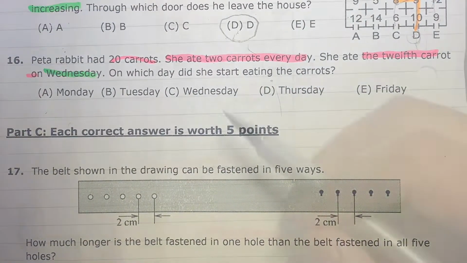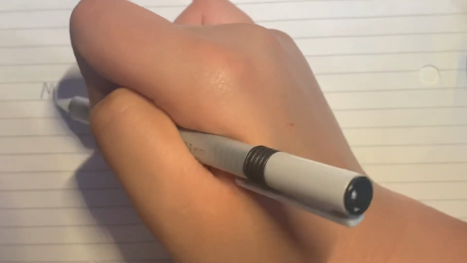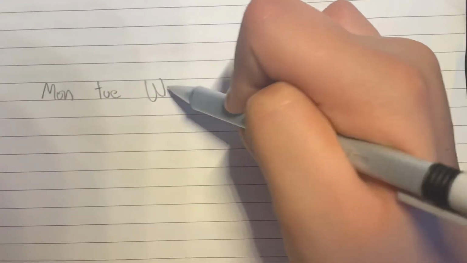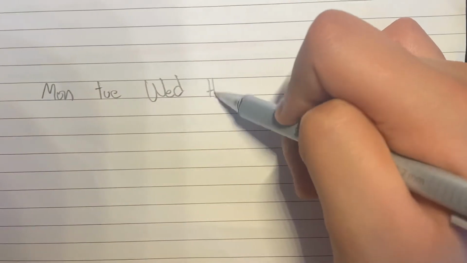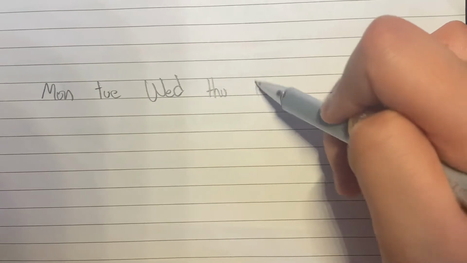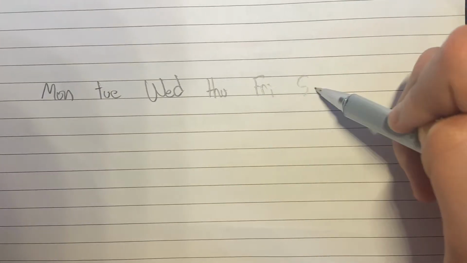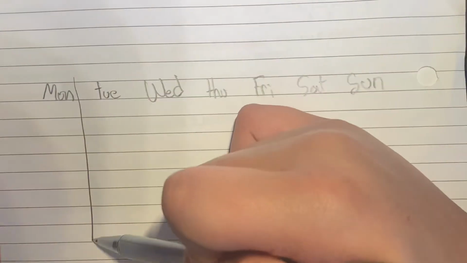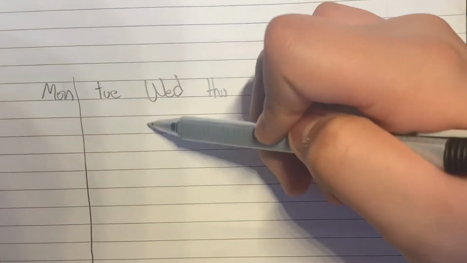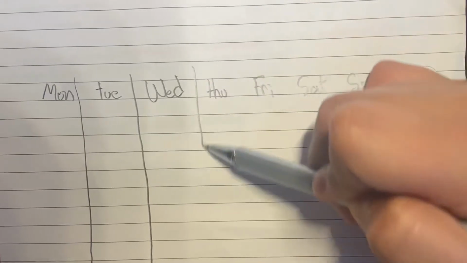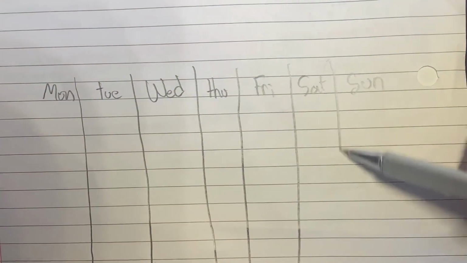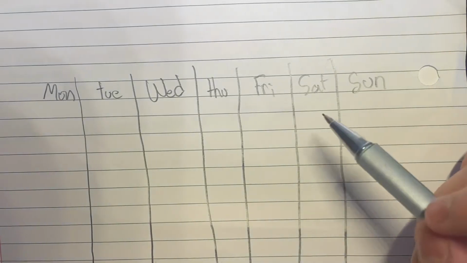Okay, for this part, let's write the days. Monday, Tuesday, Wednesday, Thursday, Friday, Saturday, and Sunday. So let's put the columns. There you go. So they said that